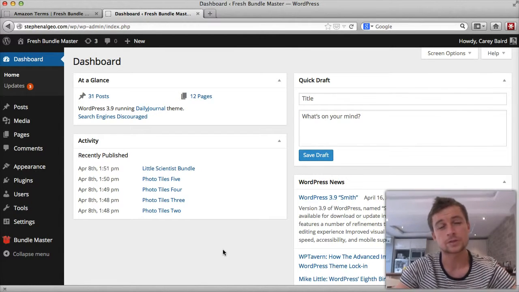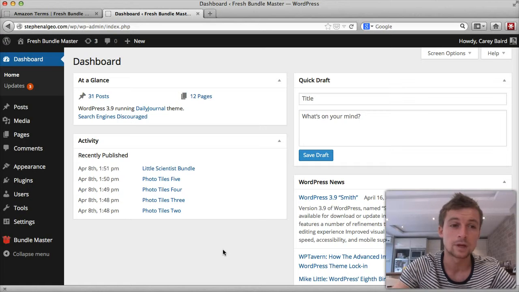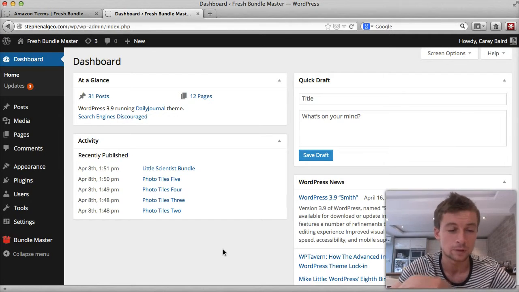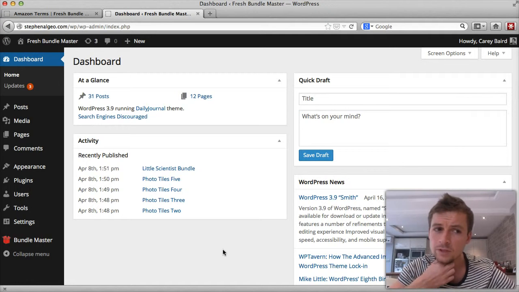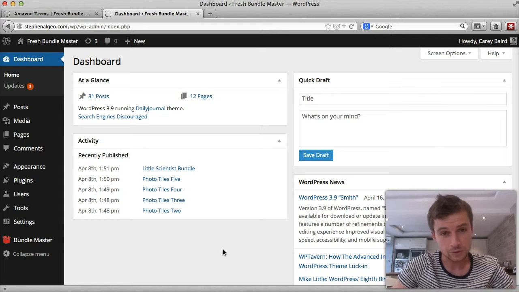Obviously, with WordPress, there are many advantages in that you can use your own theme, that you can use your own plugins for different things. You have the auto updating and things like that. So there's a lot of benefits to using WordPress as well. So that's me just giving you an idea of why we've gone down this route with the WordPress plugin, which, as you'll see, promotes Amazon not quite in the same way that Fresh Store Builder does,